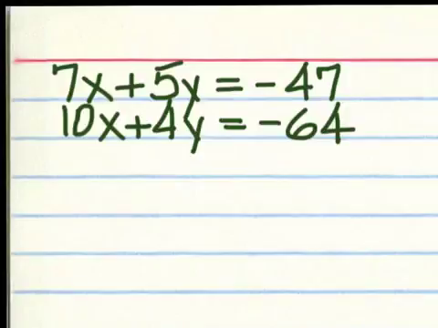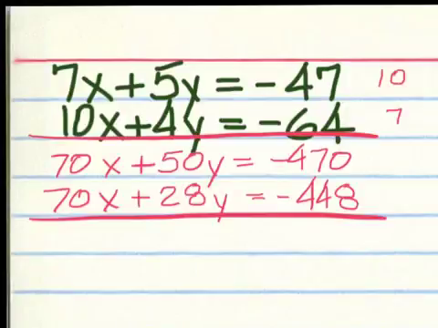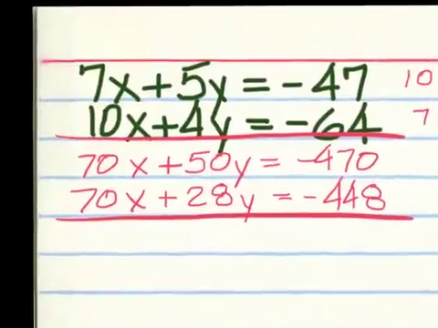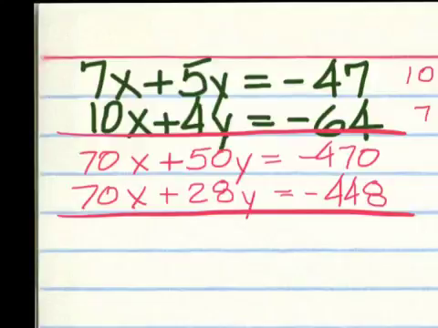Here it is to where I gave a hint. I already picked out 10 and 7 that we're going to multiply by, and this is the result when you multiply by those numbers. And since you have two positive 70s, that means that you have to subtract the two equations. So when you subtract here, it goes to 0, and 50 minus 28 would be 22y,